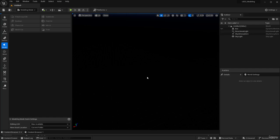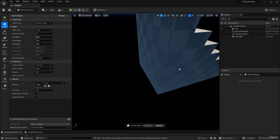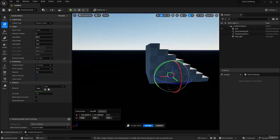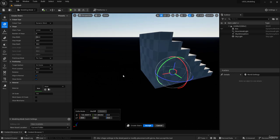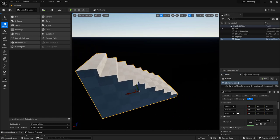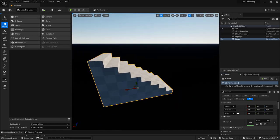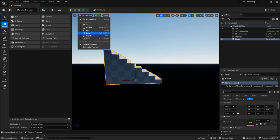Before we continue, I'd like to talk about the mirror tool because we're going to use it a lot, so it's important to understand it. If I click on the stairs, and let's say I want to mirror it on X, let's hit accept, and I'm going to click on reset to set the position at 0, 0, 0. And if I go there to the left,